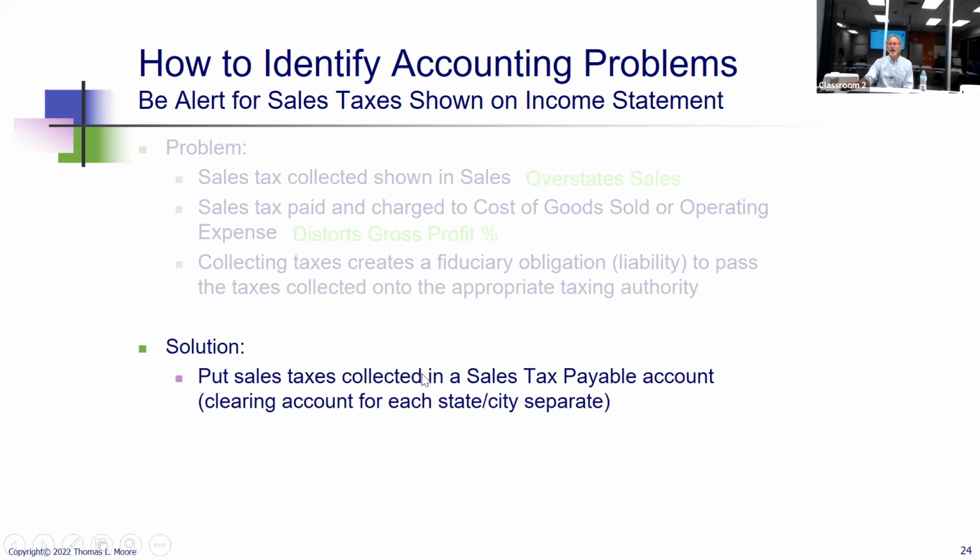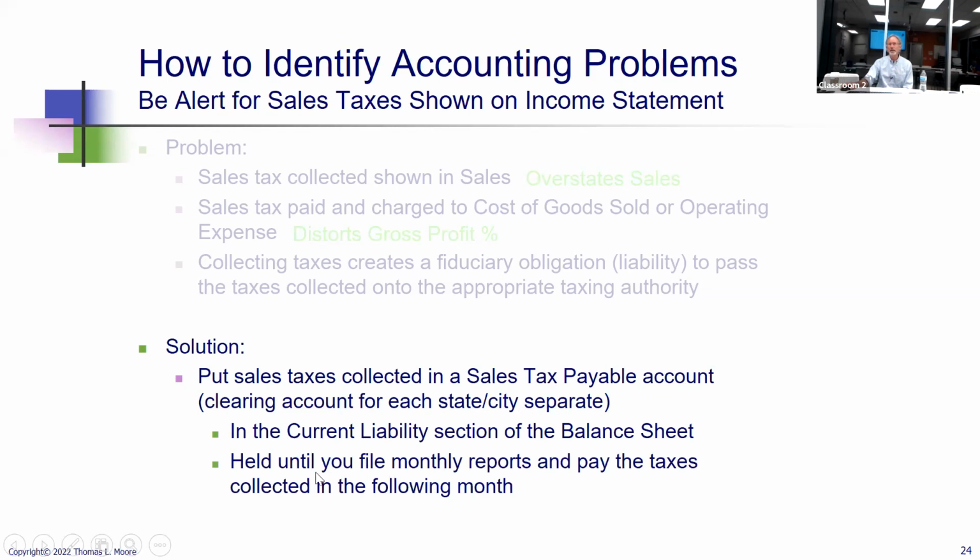Put sales tax collected in a sales tax payable account. That's a clearing account for each state or city separately. This shows up as a current liability on the balance sheet, and then every month when you pay your taxes to the state or to the city, you get to write that